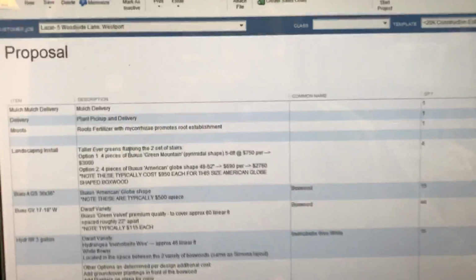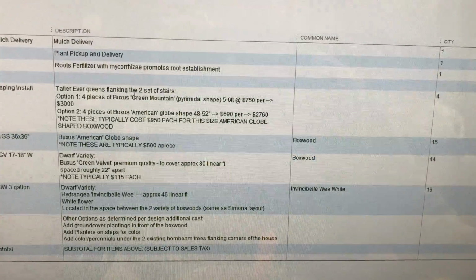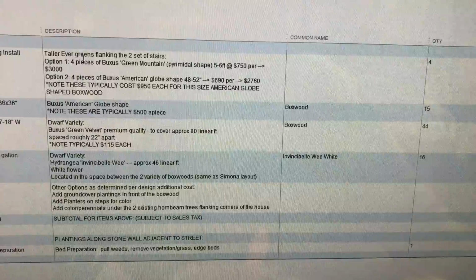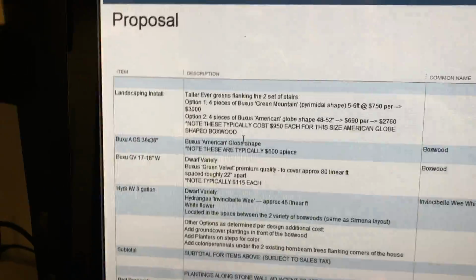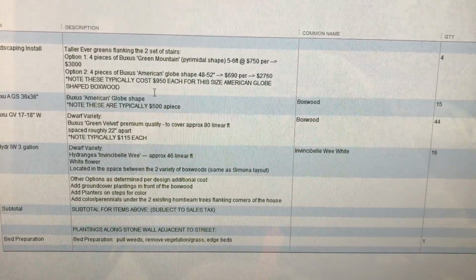So the taller evergreens flanking the two sets of stairs. There's two entrances, two doors at the front foundation of the house. So I gave you, again, option 1, option 2. You'll notice that I put a lot of notes in caps mentioning what the typical landscaper, if they had to